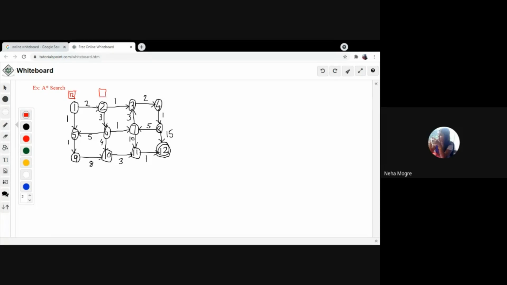For every node we have the h of n value, which is given, like here 10.